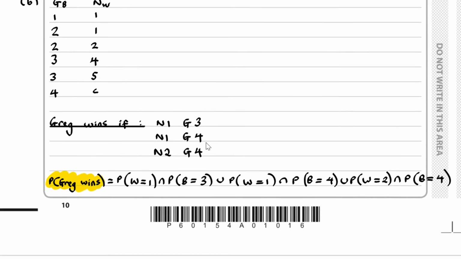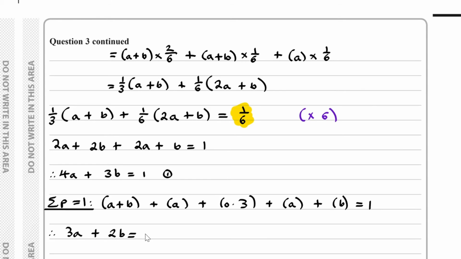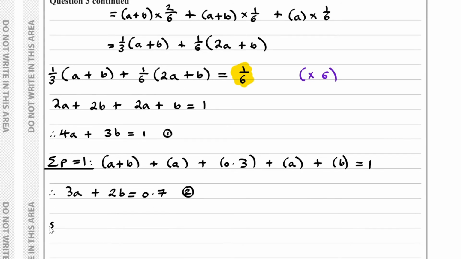So we have A plus B plus A plus the 0.3 plus A plus B equals 1. In conclusion, here we have 3A plus 2B equals 0.7. We'll call this equation 2. And if we solve equation 1 and equation 2 simultaneously,